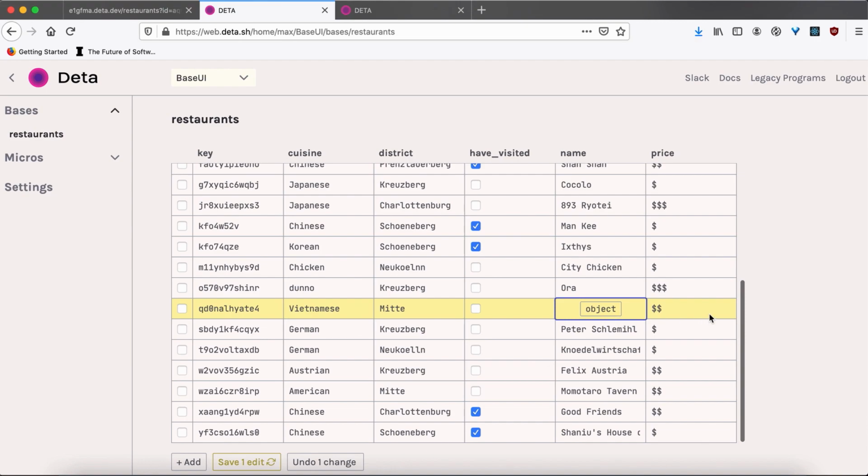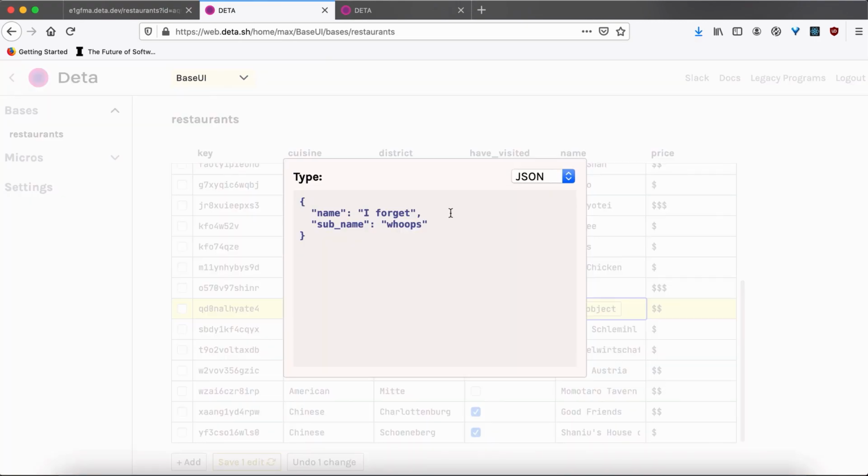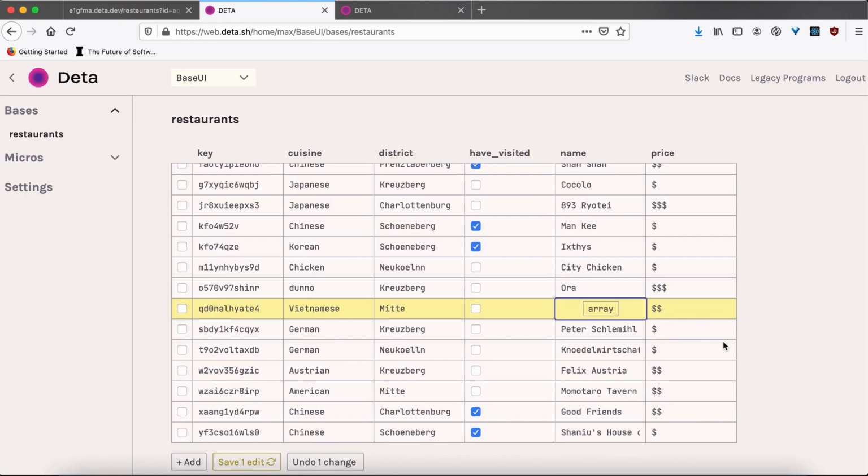Great. And so you get a number of objects. You could have an array. In addition, let's say I added some element,